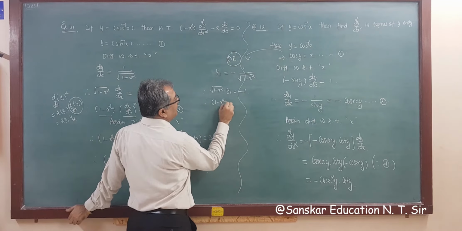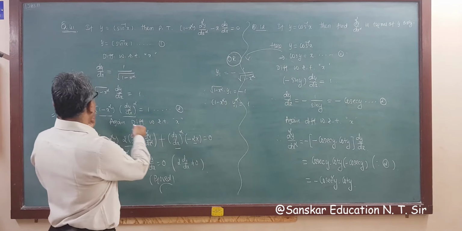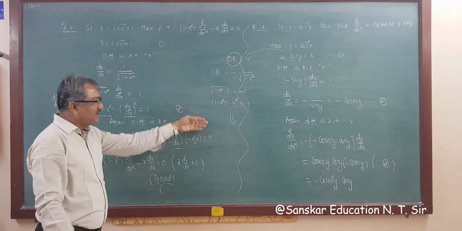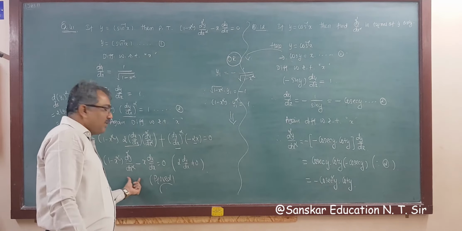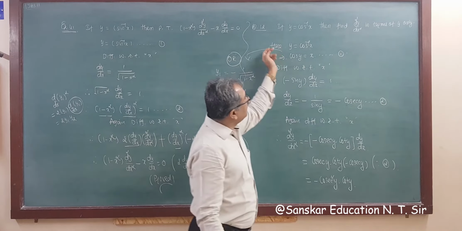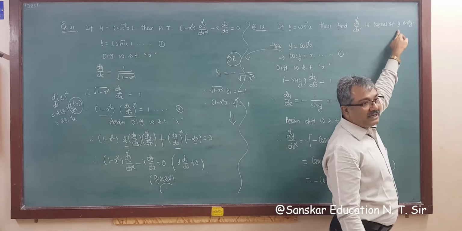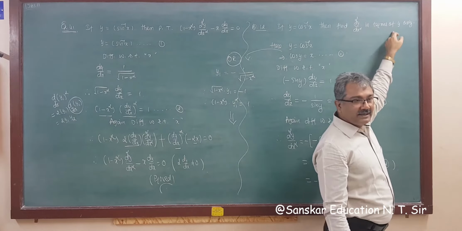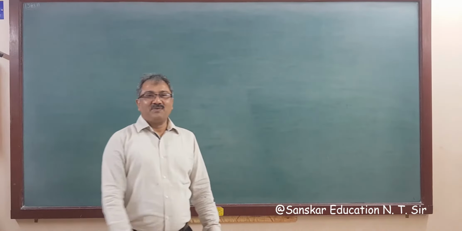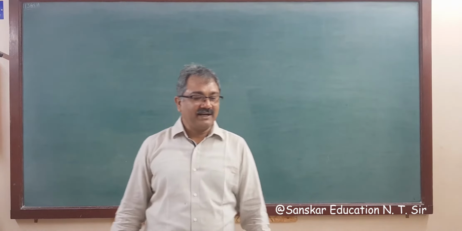1 minus x square into y1 square is equal to 1. So see now here, both are same, so the same answer will be there. I am not doing this, I am leaving this for you, for practice. But why did we do it in this different way? Because our requirement is the answer in terms of y. That's why we are doing like this. Okay, got it?